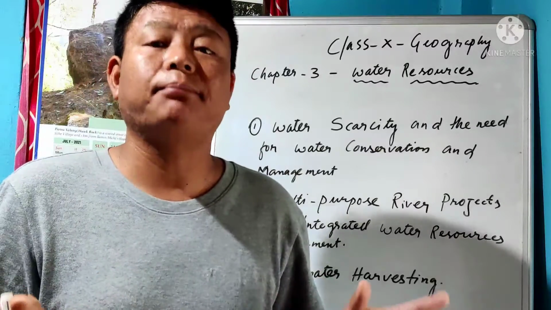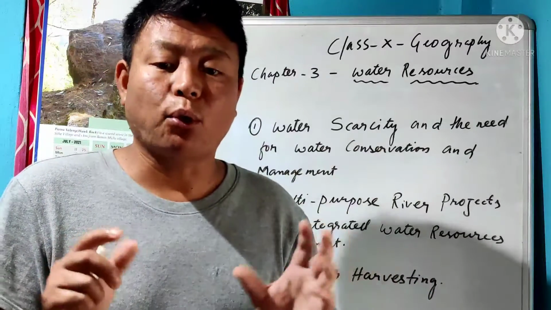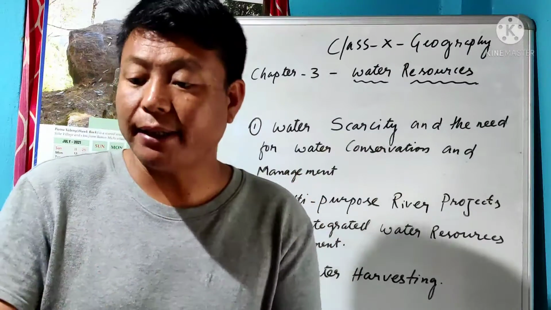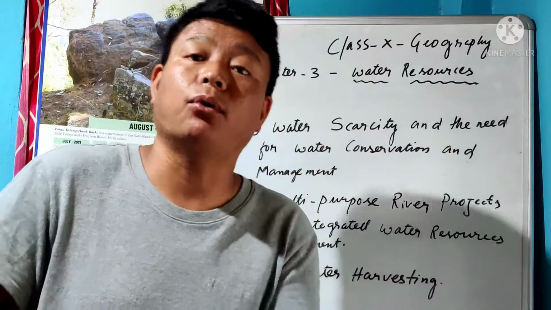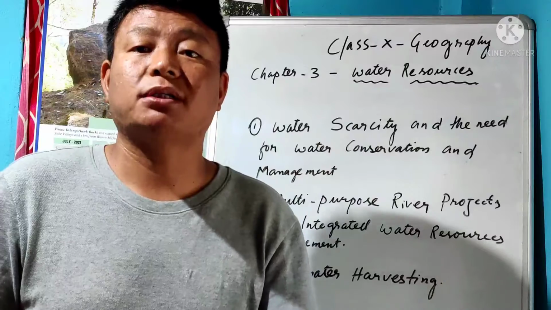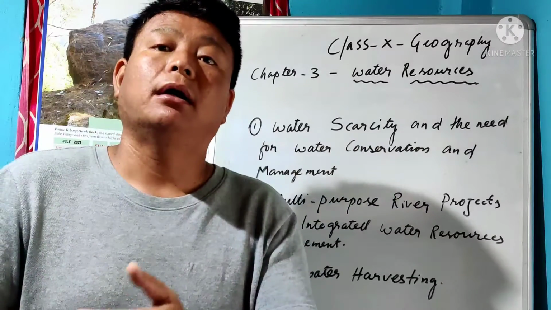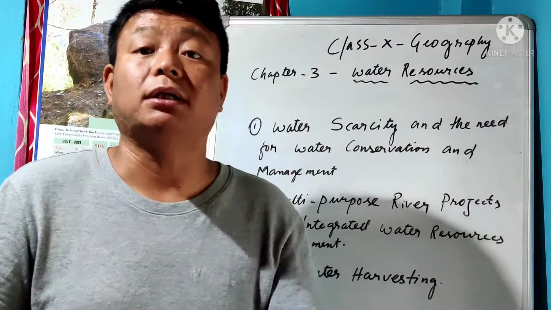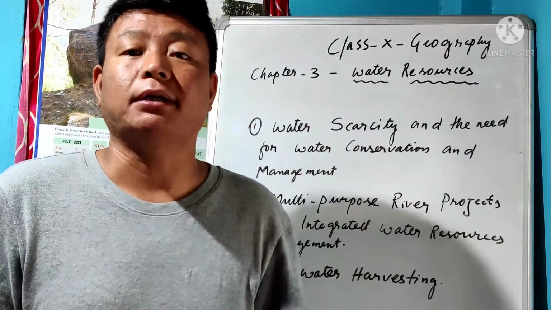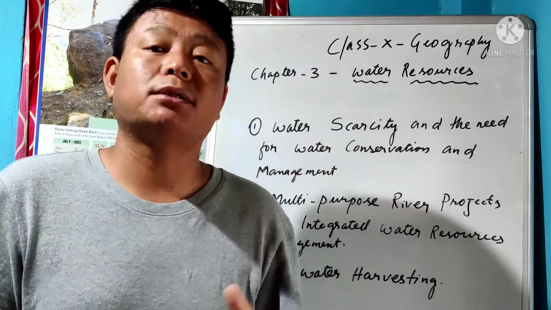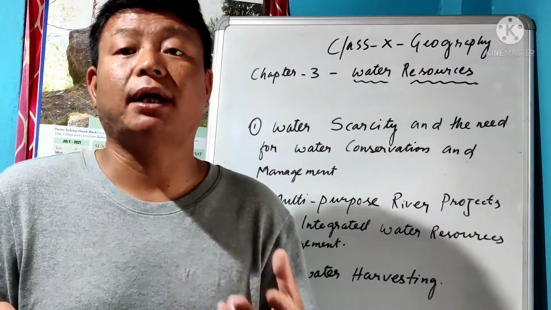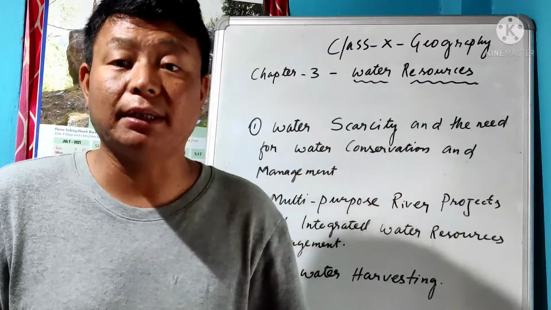Because when we make a big dam, in future it may collapse, that is, burst. Once the dam bursts, the people living nearby the dam or river area can easily be washed away. The nearby land merges into the water, causing destruction of property and trees, and flora and fauna are both affected. That's why nowadays medium and small dams are preferred, and small and medium dams are being set up instead of big dams.